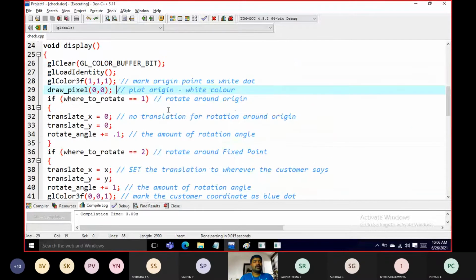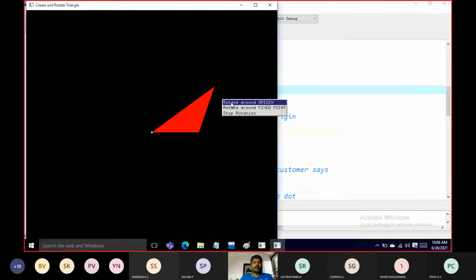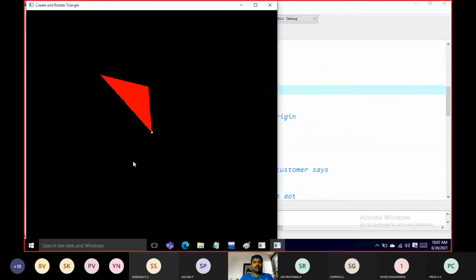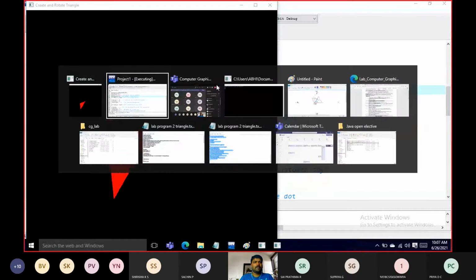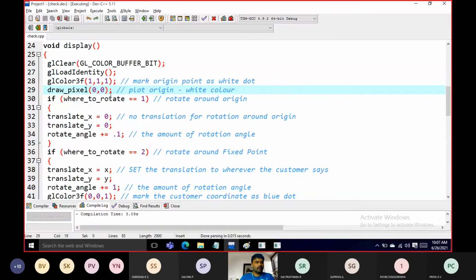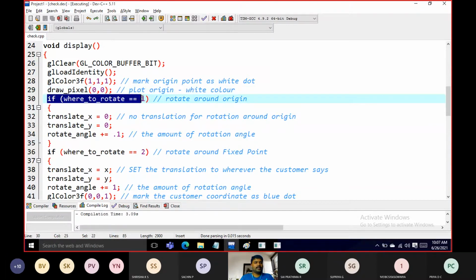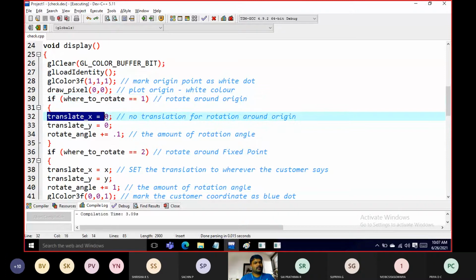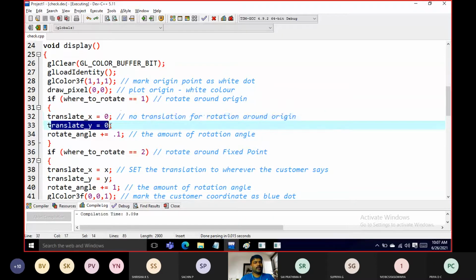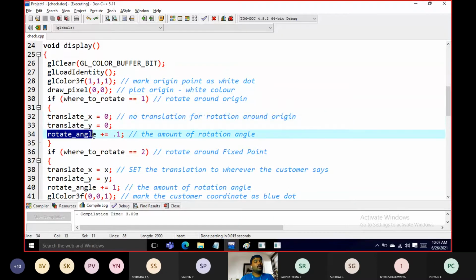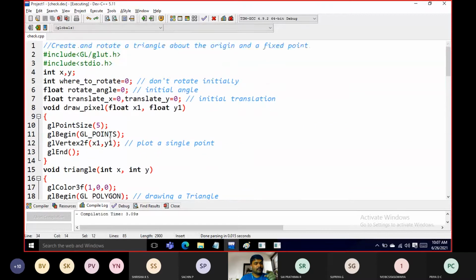So the first case is rotate with respect to the origin. That means we have taken it as the first one, rotate about the origin. So it starts rotating. We look into the code here, what exactly is happening. It is checking if where to rotate is equal to 1. That means it is rotate around the origin. So if you are rotating around the origin, initiate the translate of x as 0, translate of y as 0,